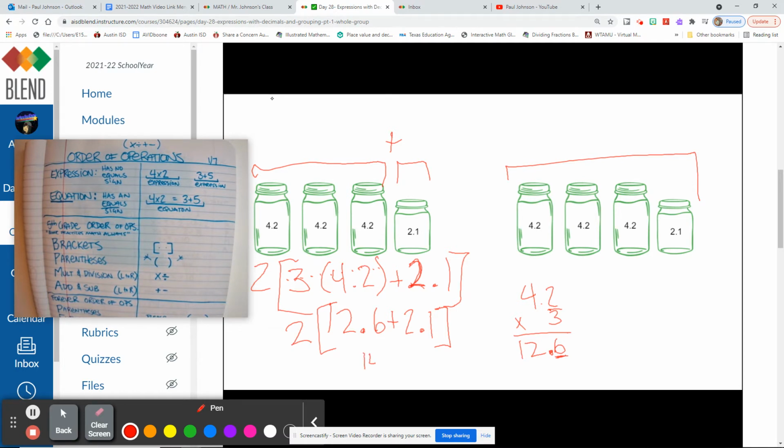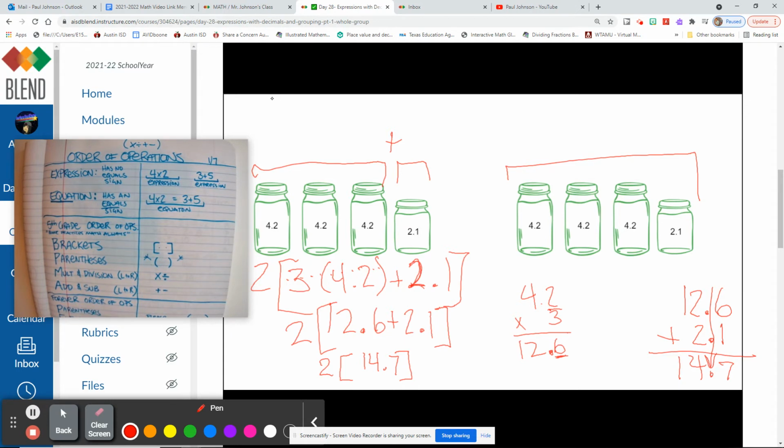And yesterday we figured out that that was 14 and 7/10, if you wanted to do the math on that, of course. Remember, line up your decimal points, line up your place values, add them together, and we get 14. Drop it like it's hot. 7/10. All right, so now we have